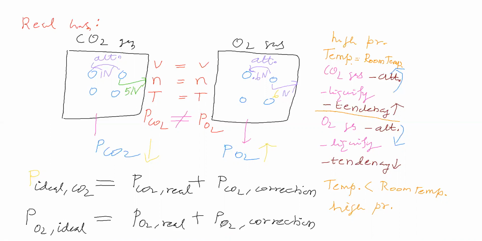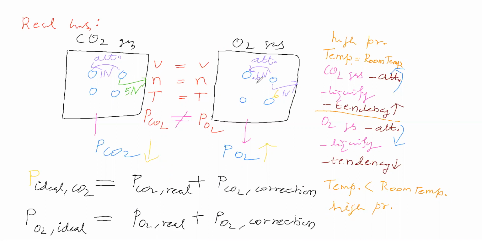Okay. Now this carbon dioxide we are assuming as an ideal gas, and this oxygen we are assuming as an ideal gas. Ideal gas in the sense no interaction. That is the assumption. If we consider carbon dioxide as ideal gas, there is no interaction, no attraction. If we consider oxygen as ideal gas, there is no attraction.